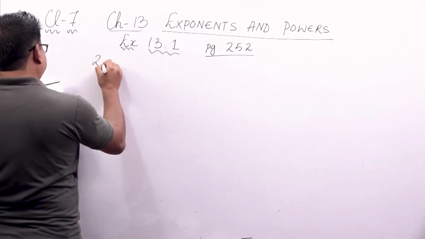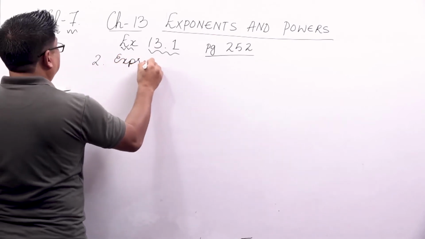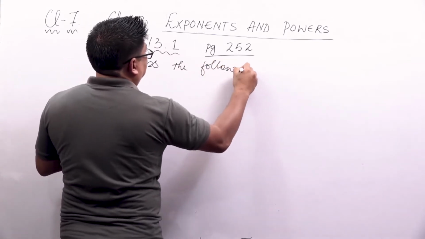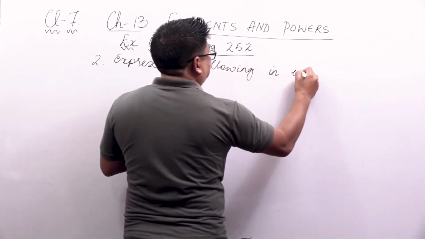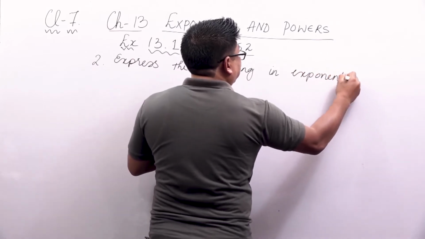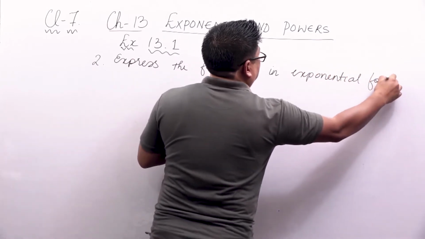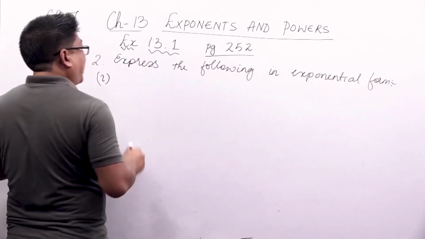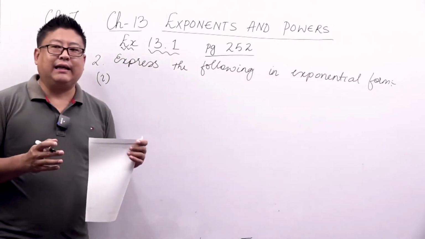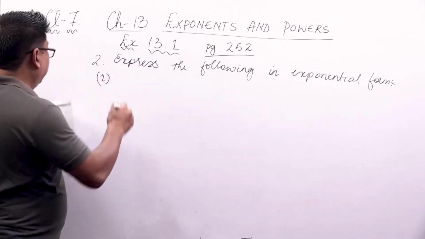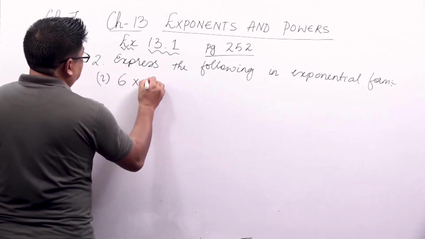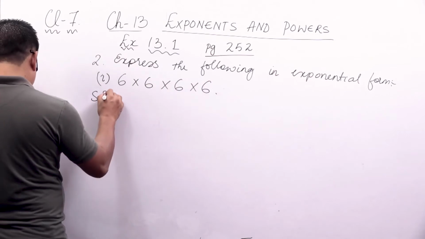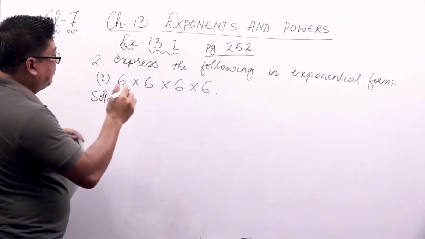The next question is quite simple. Express the following in exponential form. So we have already learned about the exponential form. Just for your understanding, I also mentioned that it is a short form. Okay. So here the question is 6 into 6 into 6 into 6. So to write this in exponential form,